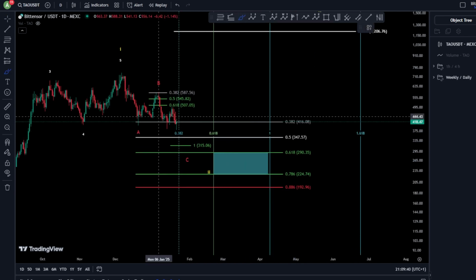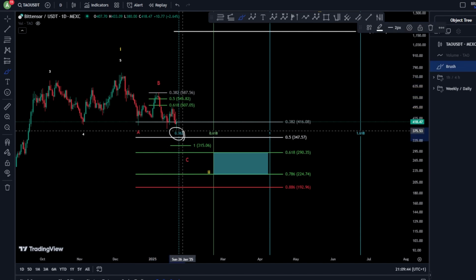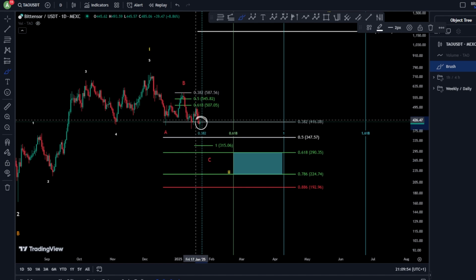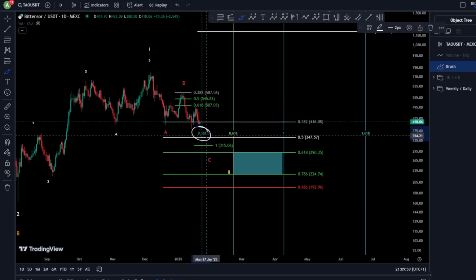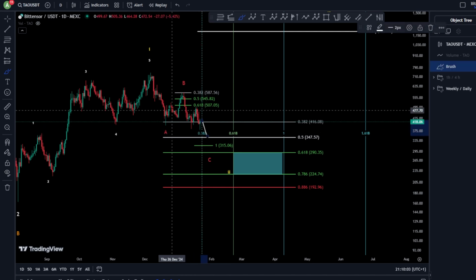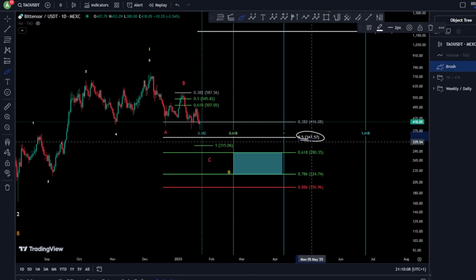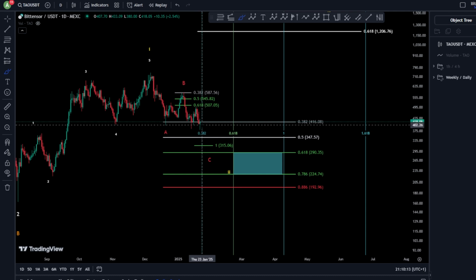but of course we need to finish this structure towards the downside. Don't forget that we are also very close to the 0.38 fib time, which is the minimum requirement for a wave 2 as well. We did not hit it yet, so I would say we still need a few days to hit this 0.38 fib time. I suggest a little bit lower prices, finishing the structure after the 0.38 fib level, touching for example 0.5,